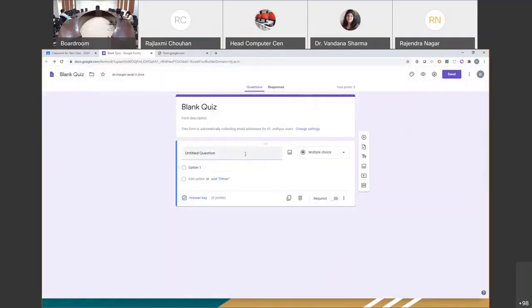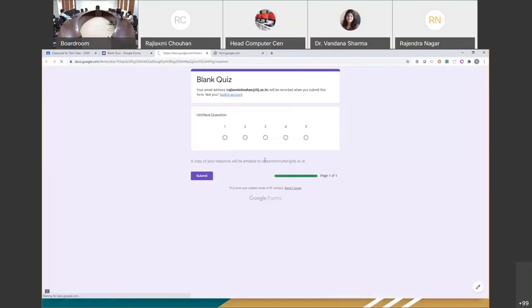Now, what are the various options? You have the option of making multiple choice questions. You have multiple select questions where multiple answers may be correct, so using check boxes. Multiple choice is a radio button, so only one can be selected. You can have a drop down, like for making, say, match the following kind of questions. You can have drop down and make subsequent questions like that. You also have the option of a linear scale where you will provide a scale, say 1 to 5, with labels, and the student needs to select one of these.